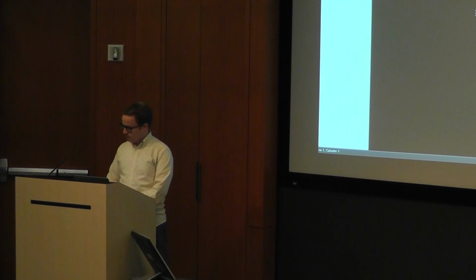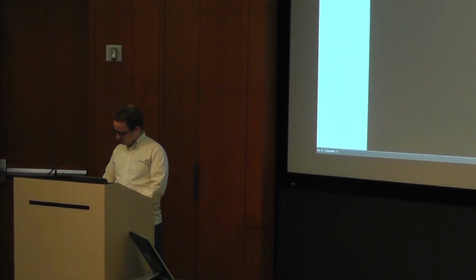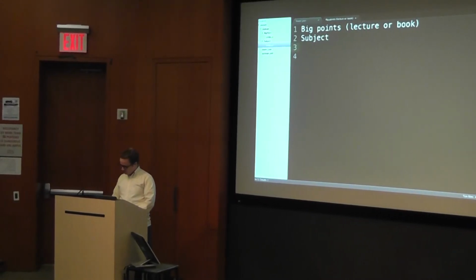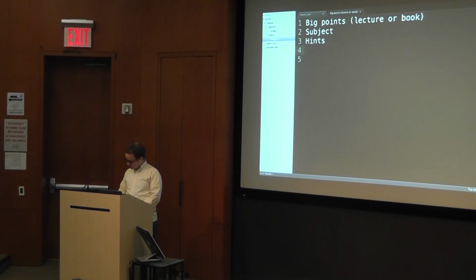An application for the Cornell note-taking system will help students with a very specific style of taking notes that I know a lot about because I'm a domain expert. It covers big points of either a lecture or a book that they're reading. Whatever subject the student is pulling information from, they need to be able to enter very specific big points. From that, they need to be able to enter hints, like very small sentence summaries, very brief points, or one-word hints. There needs to be a way for them to see their hints, which should be next to their big points without seeing the big points, so that by looking at their hints, they're forced to come up with what